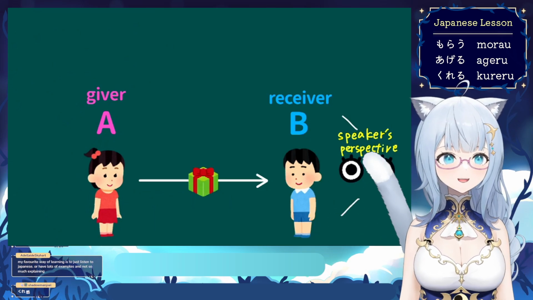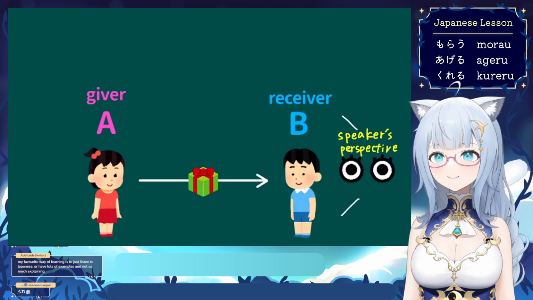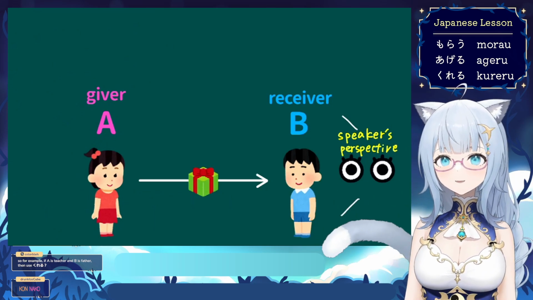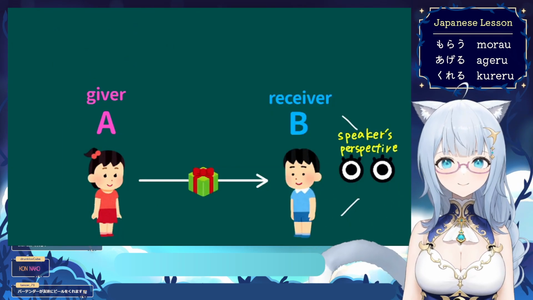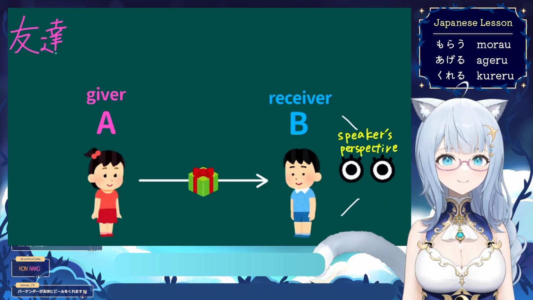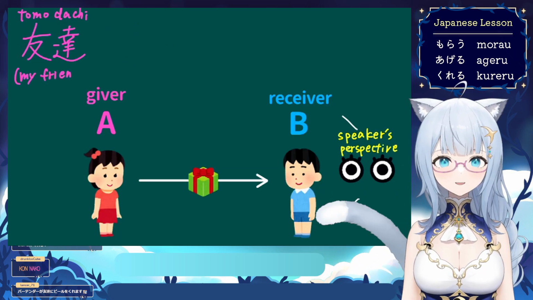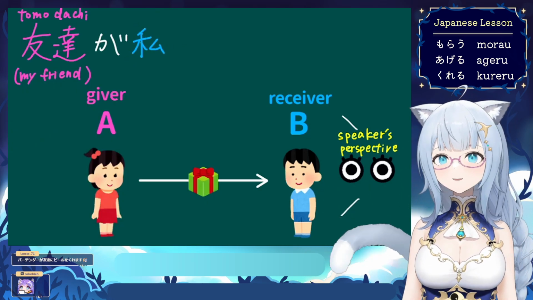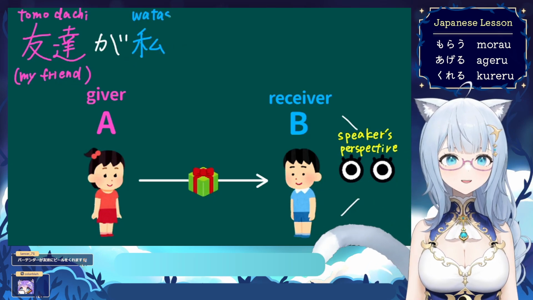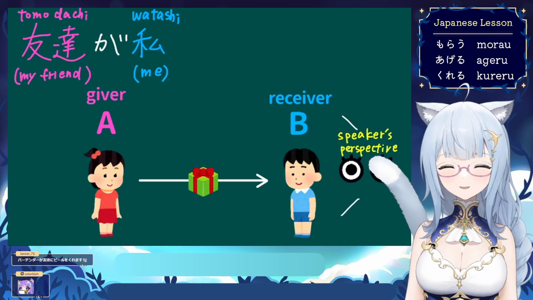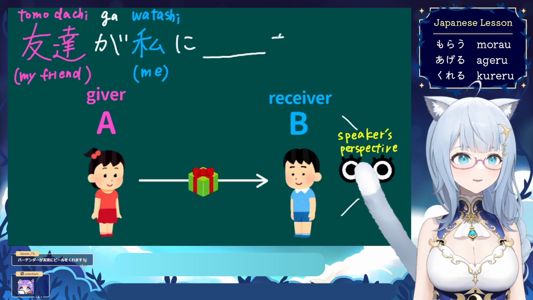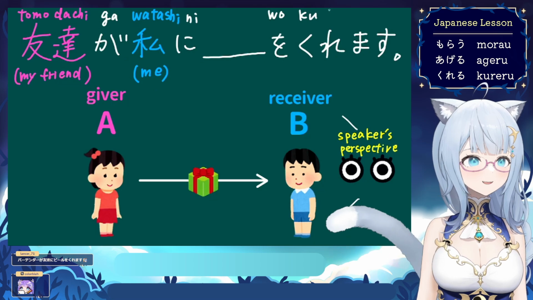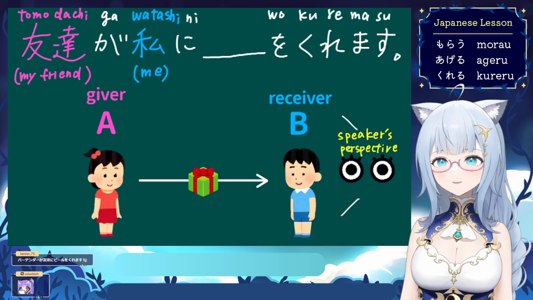The action person is A, but the speaker's perspective is B. じゃあ、speaker's perspective B is 私, but it's a receiver, so me だね, not I. じゃあ、友達にしよう。My friend. 友達が私に何々をくれます。So B receiver is me. Yes, to me. 私に何々をくれます。